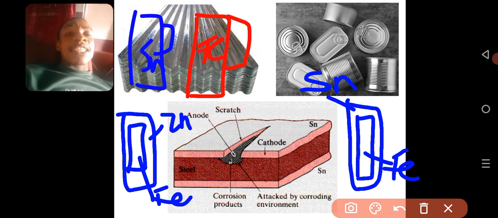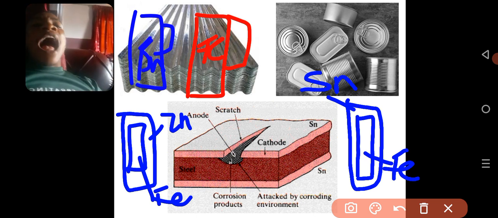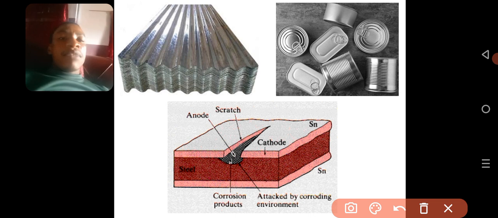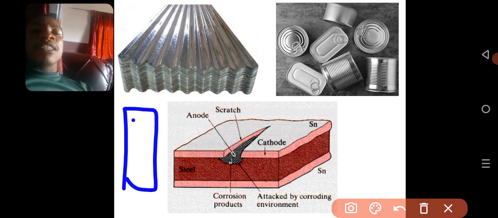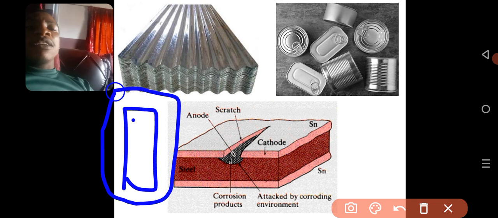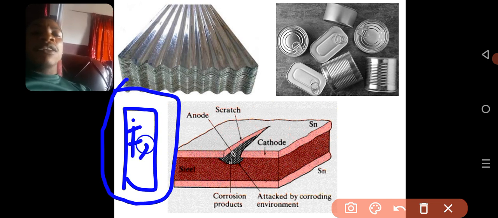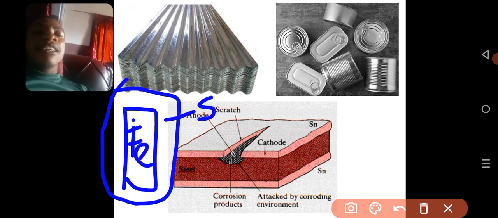So the kind of protection that can happen here now is electrochemical protection, which is sacrificial cathodic protection. So if iron is connected to tin, this is iron, and this is tin,